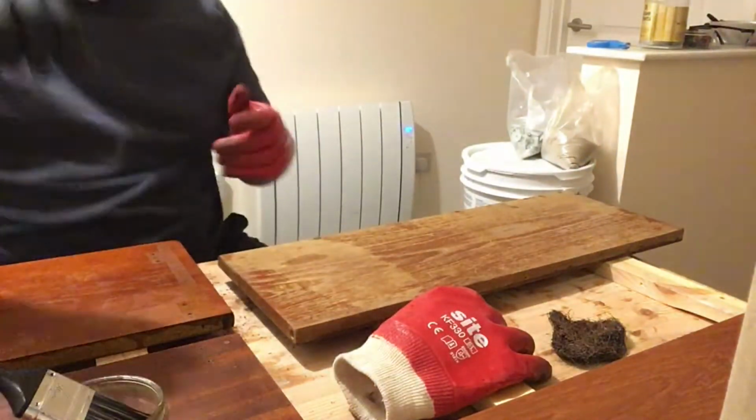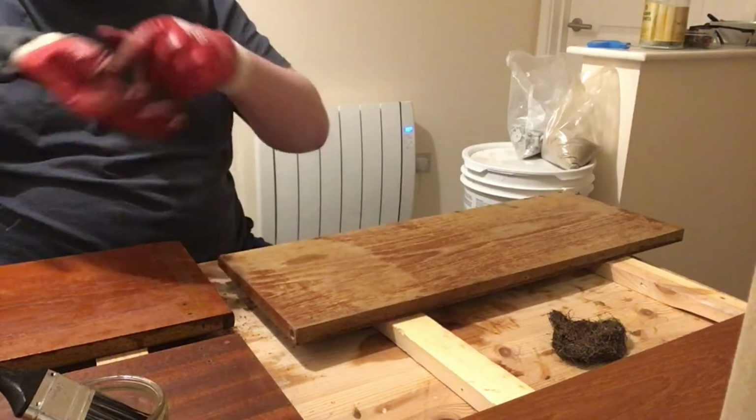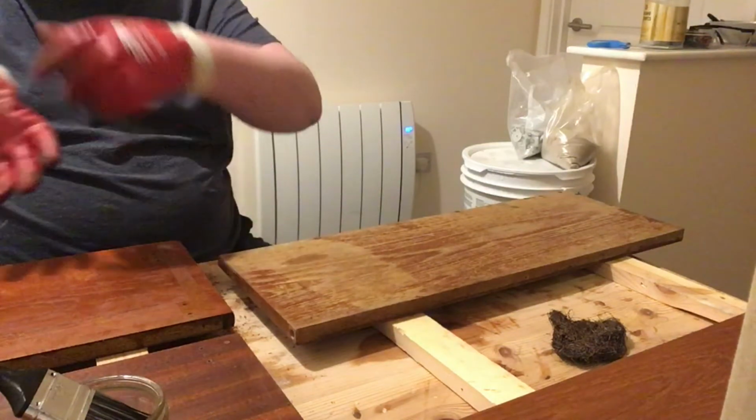apply some stripper to the top shelf that had the iron burn on it, or mark on it. Basically I want to apply the stripper to that to see how effective it's really been. Okay, so we'll have a look at that. So that's obviously where the iron mark was, and this is the piece that